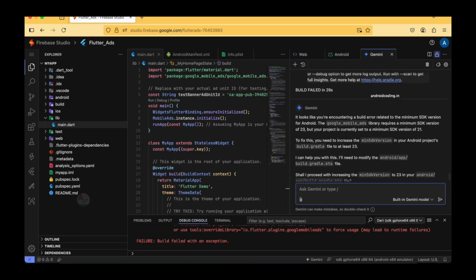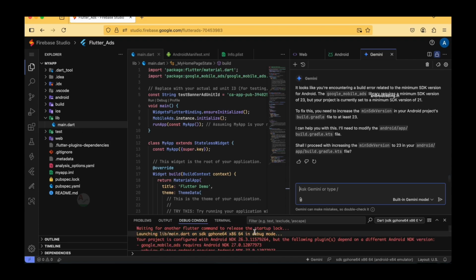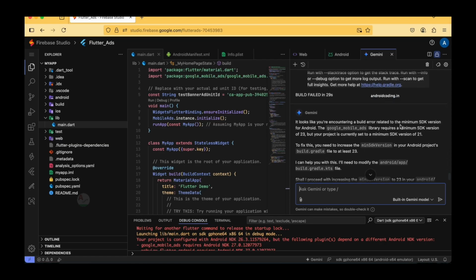Here the error which it is suggesting is like the NDK. I mean the issue, the version of the NDK is not supporting the Google mobile ads dependency which we have added. Okay, it looks like you are encountering a build error related to minimum SDK version. Okay, so it requires a minimum SDK version of 23, but our project is